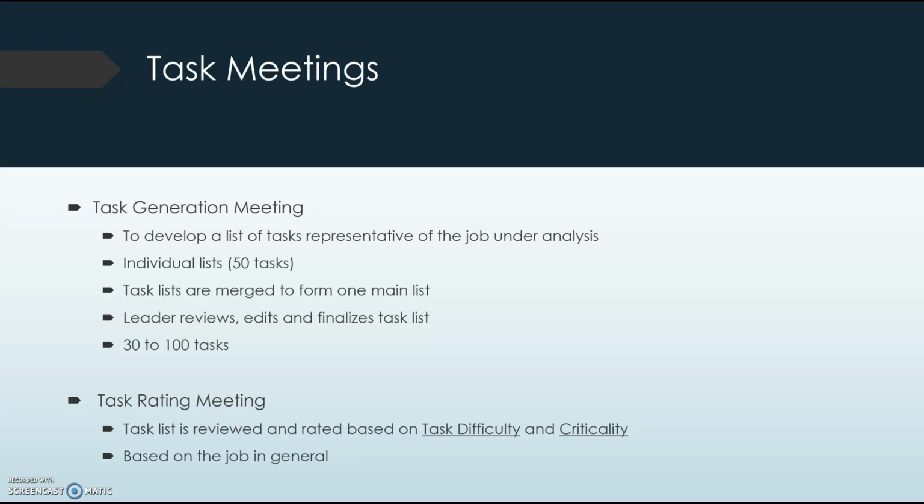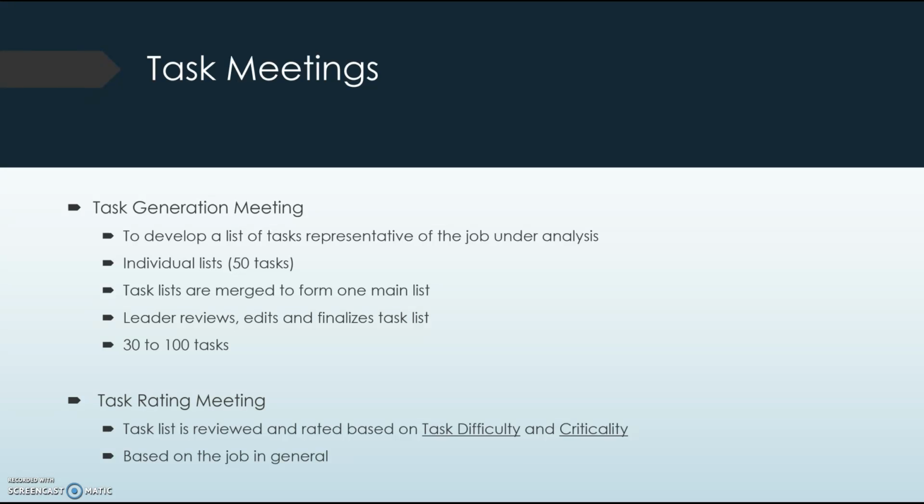At this meeting, the selected group of SMEs begin to develop a list of tasks based on the job under analysis. The definition of tasks are provided to the group along with a few examples of each task. The group members prepare individual lists consisting of approximately 50 tasks, and then the lists are reviewed and combined, removing any duplicates or adding any missing tasks. The group leader then reviews the list, edits it, and then comes up with a condensed list of about 30